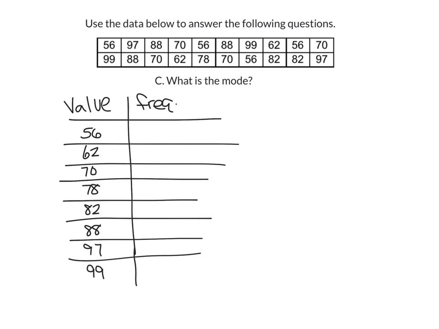Now I'm going to list the number of times that each value occurs. Before I write the frequency, I'm just going to write a tally and provide tally marks next to each value so I can figure out how many times they occur. So 56 occurs one time, 99 occurs one time, 88 occurs one time, 97 occurs one time. So I'm just putting a tally mark next to each number. 88, I'll put another tally, then we have a 70, another 70, 62,